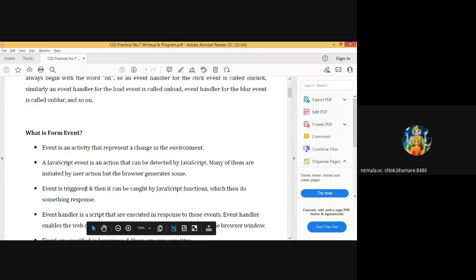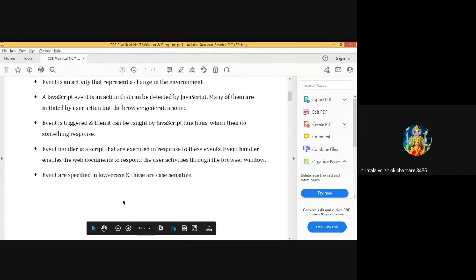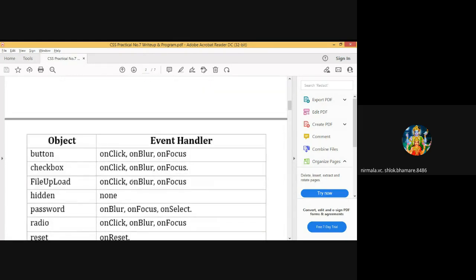When an event is triggered, it can call JavaScript functions, which then do something in response. An event handler is a script that is executed in response to these events. Event handlers enable the web document to respond to user activities through the browser window. Event handlers are specified in lowercase and are case sensitive.